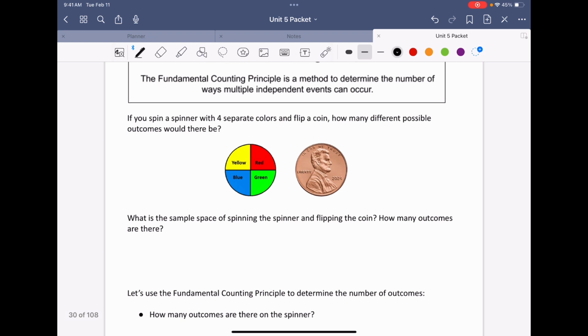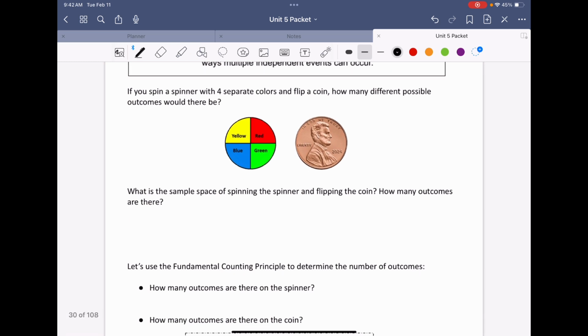So the first problem we're going to look at says, if you spin a spinner with 4 separate colors and flip a coin, how many different possible outcomes will there be? So these are called independent events because they are completely separate from one another. So in other words, spinning our spinner is not going to affect the answer that we get when we flip the coin. To find out all the different possible outcomes there would be, instead of having to list our sample space like what we were practicing in lesson 5,